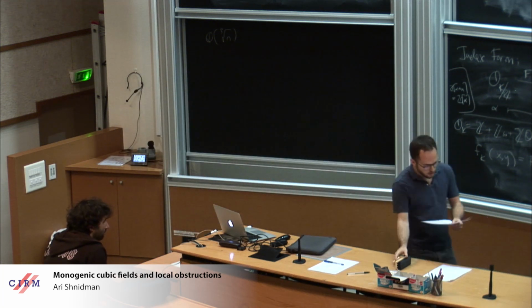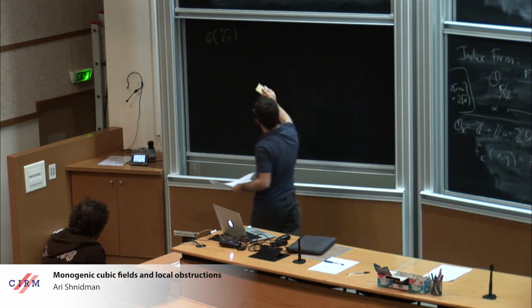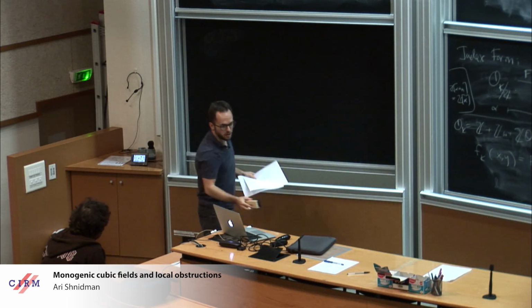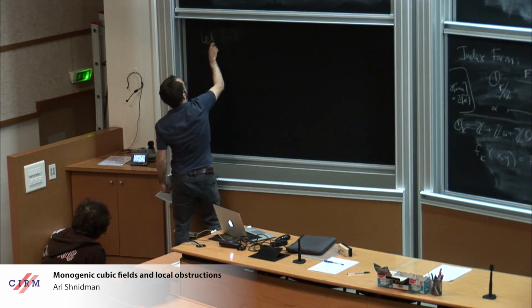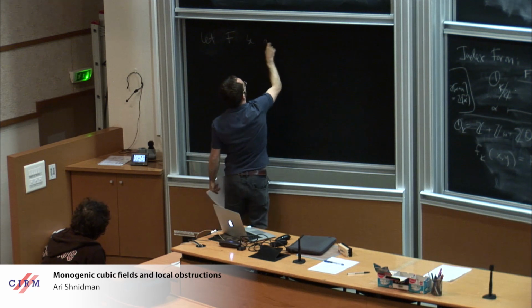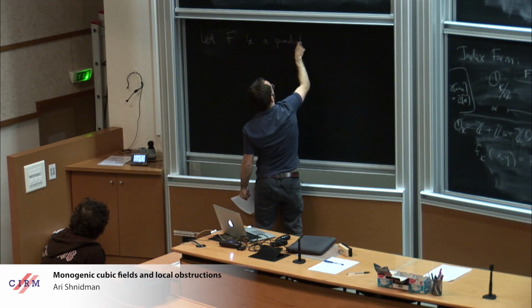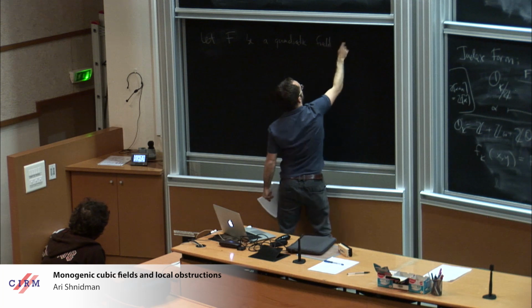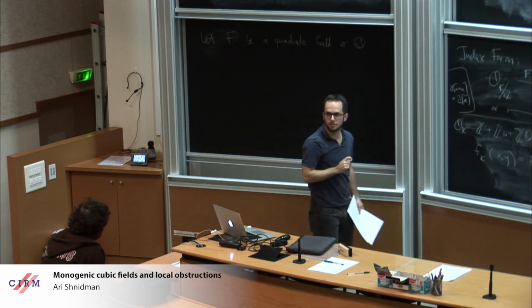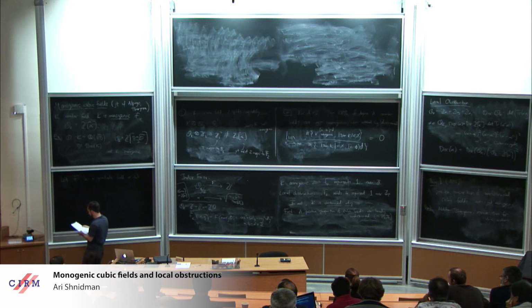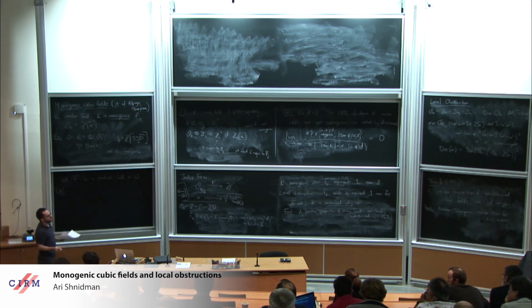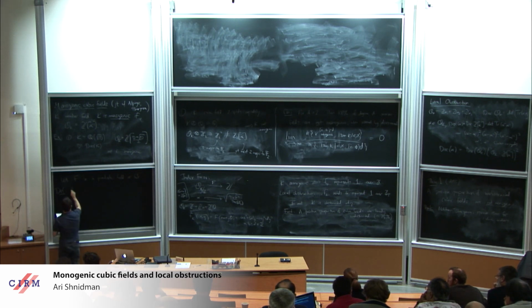And so here's a more general class of thin families of cubic fields. I'm going to let F be either a quadratic field, or I'll also allow F to be Q, which I'm thinking of as the split quadratic algebra, Q cross Q. And okay, a definition. So K is always a cubic field here. So a cubic field